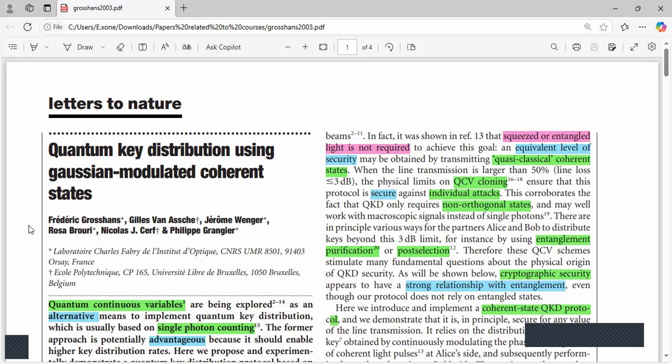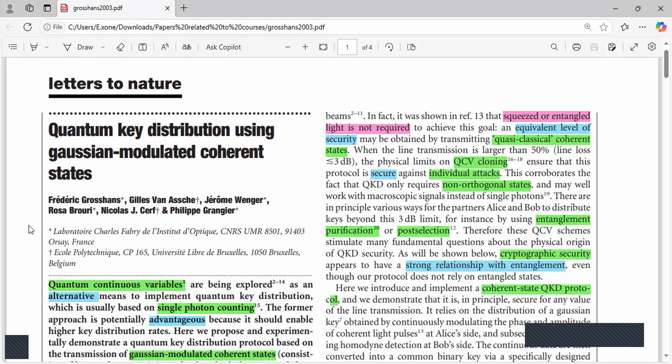The coherent states, we know in quantum optics, are the states of light that have a precise phase, but the fluctuations of the photon number are very great. We can make use of these coherent states, and these are readily available in the form of laser pulses in the laboratory, and the detection scheme is quite suitable and quite simple. So these people introduced the quantum key distribution protocol using these coherent states.